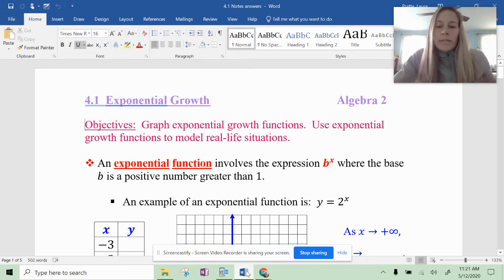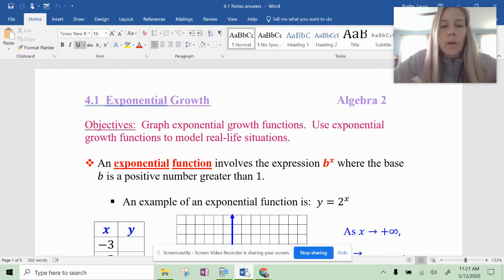Good morning. So today we are going to start chapter 4, which has to do with exponential growth, exponential decay, and then we will do the inverses of that in the second half of the chapter, which is logarithms. So we're going to start out talking about exponential growth. So our objective is to graph exponential growth functions and then to use exponential growth functions to model some real-life